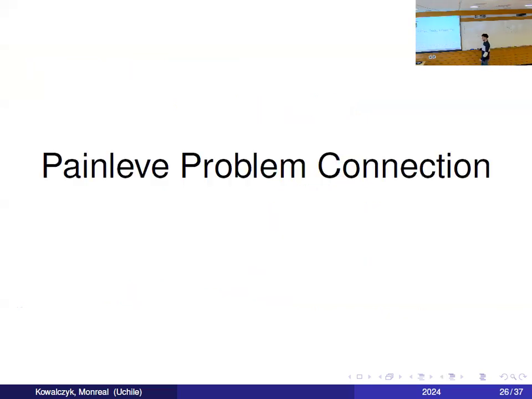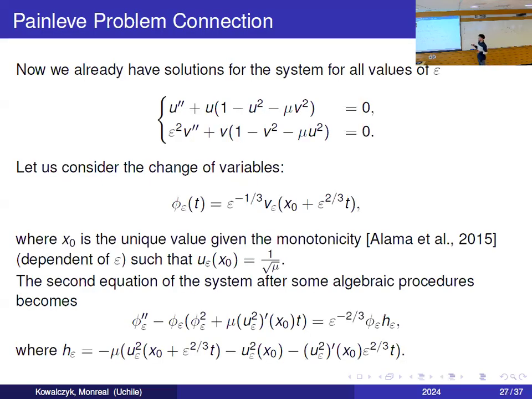Okay, so we have this first part fully covered. Now we ask, what happens with this singularity? Is there a natural scaling to capture how this singularity is? The Painlevé equations are equations that were born in this context. Now focus, because we have our first result, the connection between the solutions. Now we'll focus only on V, which is the one that has this singularity. Is there a characterization of the singularity? Can we see something like that?